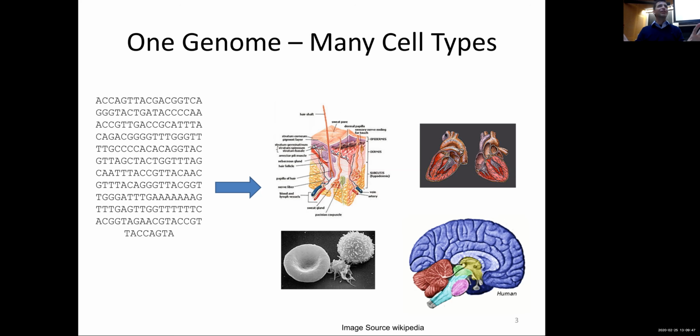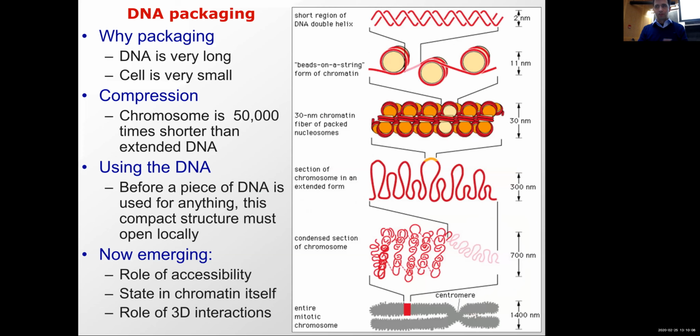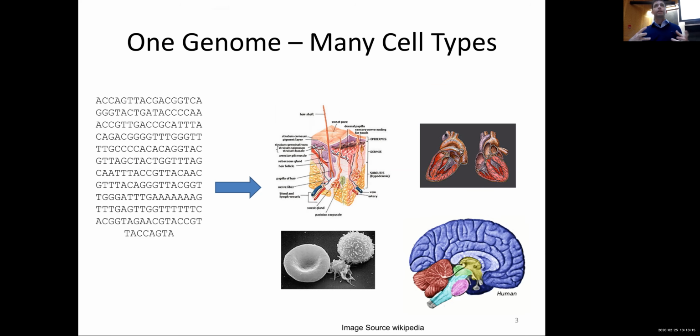So I want you to pause for a split second and reflect upon the complexity of that problem. You're not starting with 20 different specialized engines for every one of your cells. No, you're starting with one single code. So the challenge that we're going to see today is how does the body actually solve that? And then we're going to look at how to computationally infer the structures that the body is using. So the first thing to note is that the way that this is solved is in part due